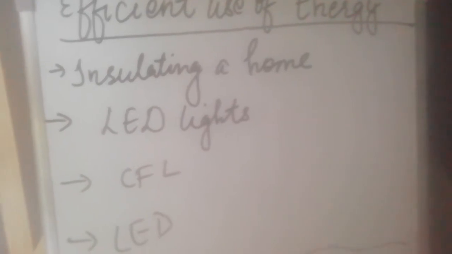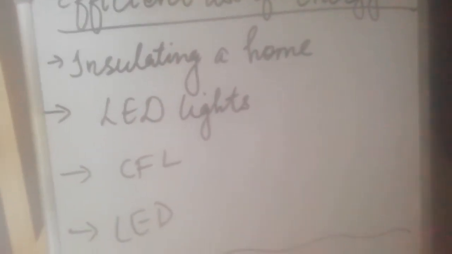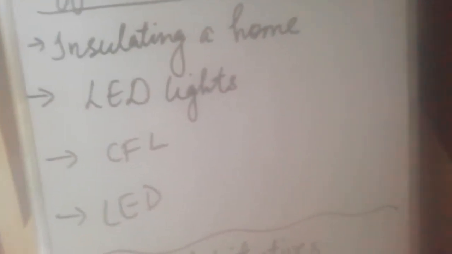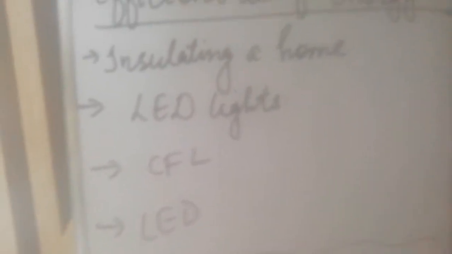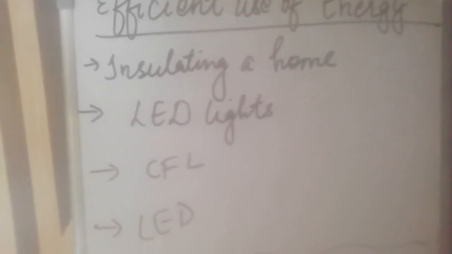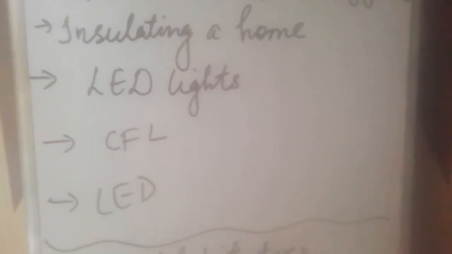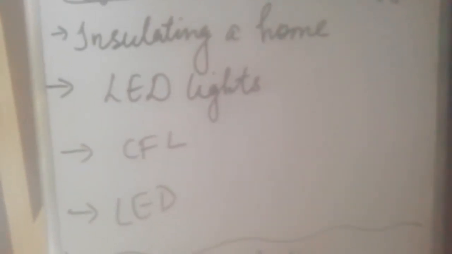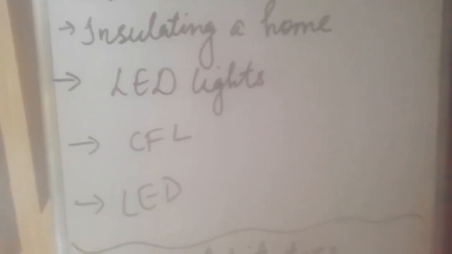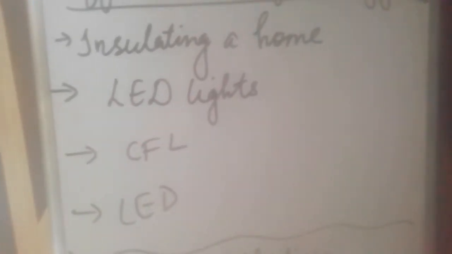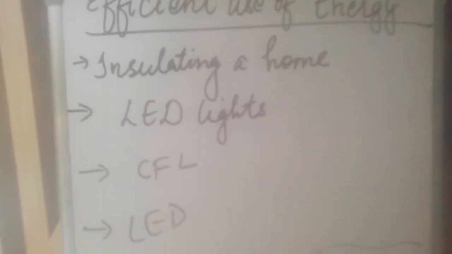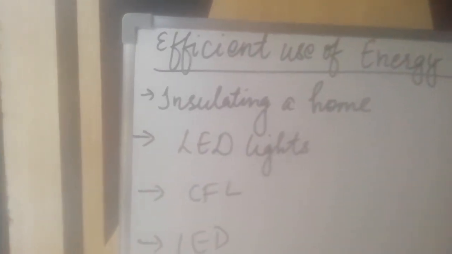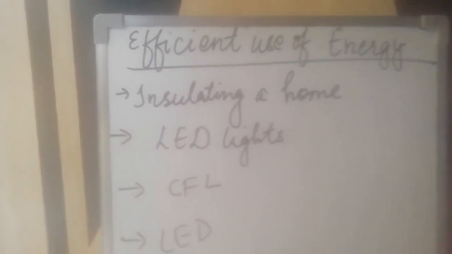Look, children, in summers we all are using either ACs or coolers to cool down our home. Likewise, in winters we are using heaters and blowers to warm up our home. But we can reduce this cost. This is not necessary. How can we reduce the cost of using this energy? By insulating a home, it is possible to maintain a comfortable temperature inside. It will reduce the cost of heating devices in winter and cooling devices in summer. So by properly insulating a home, we can cut down the cost of heating devices in winters and cooling devices in summers, children.